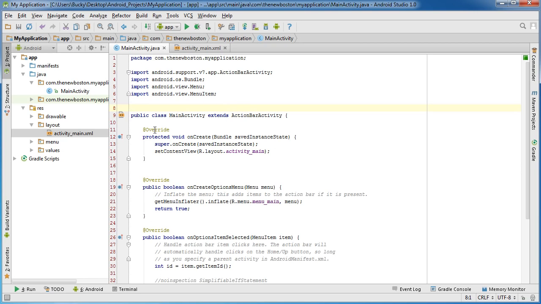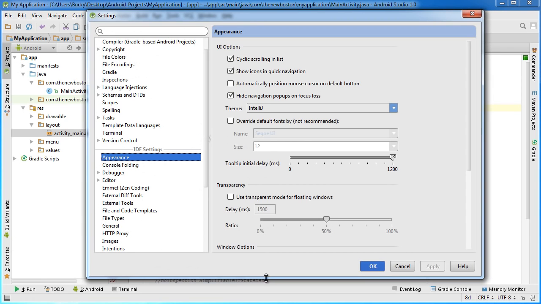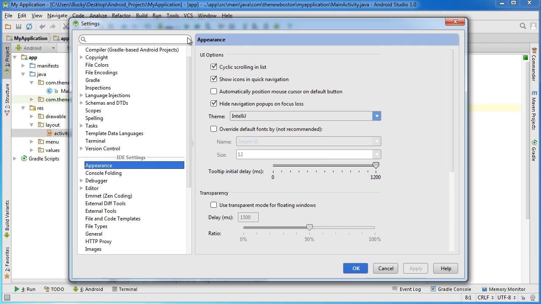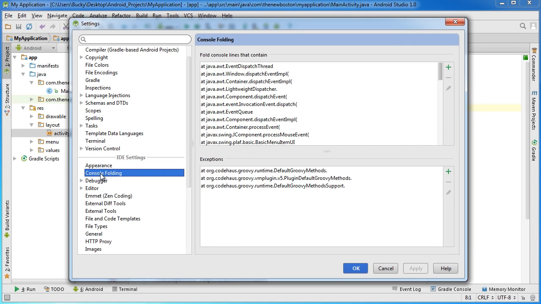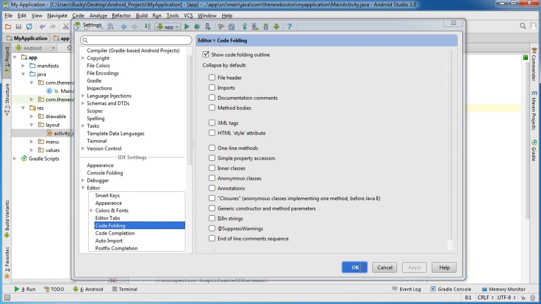So if you want to get rid of all of the code folding, as it's called, go to File, and back in Settings, let me minimize this, make sure you guys see everything. Go to Editor, under the IDE settings, and code folding. Right here this first checkbox is just to show the code folding outline, and that's that little arrow you can click to either bunch it up or expand it. But I want to uncheck all of these, so none of my code is going to be folded. Again, once I apply this,